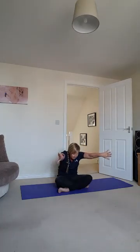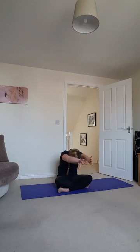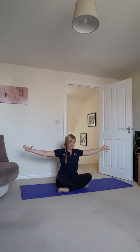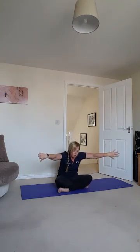And then if you come back to your aeroplane arms, and then just twice more, work through that cat and cow. So roll forwards, let the backs of the hands come together. And then open up, squeeze the shoulder blades together, so pinch them back. One more time, rolling out,